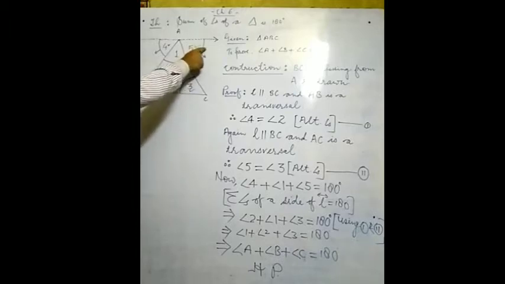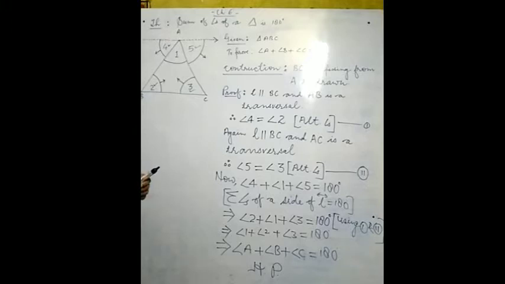So angle 3 is equal to angle 5. Now you may observe this is a line and there are three angles, angle 1, angle 4, angle 5. If we find the sum of all these angles, the sum of all the angles to a side of any straight line is always 180 degrees. Once again, try to follow. Sum of all the angles to a point to the same side of a straight line is always 180 degrees.